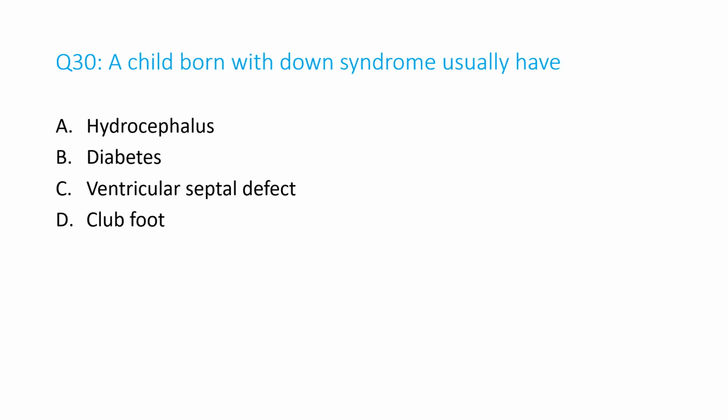Question number 30. A child born with Down syndrome usually has A. Hydrocephalus, B. Diabetes, C. Ventricular septal defect, D. Clawfoot. And the answer is